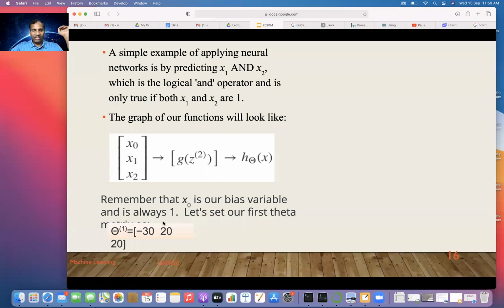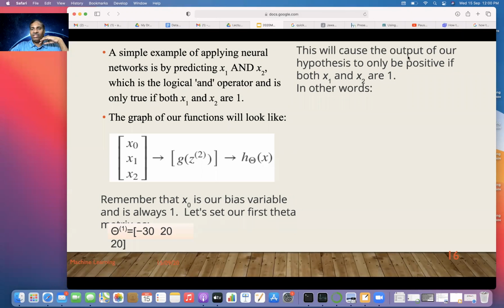Let's see our first theta matrix. Theta 1 equal to... so we need to get the weights now. So we will take some weights. Theta 1 equal to minus 30, 20, and 20. Three weights because there are three inputs. So this will give minus 30 x0 plus 20 x1 plus 20 x2. This will cause the output of our hypothesis to only be positive if both x1 and x2 are 1. In other words,